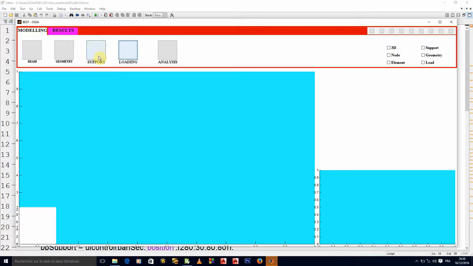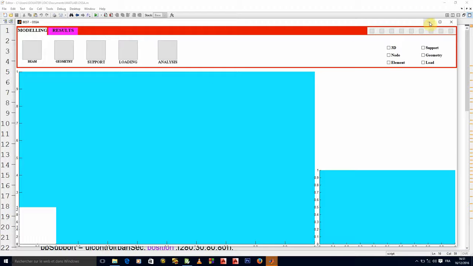So you see how the game is. Normally when I click on results, all of this will have to disappear and I'll have to see just the results push buttons that are supposed to be here. Normally the displays will still remain where they are, okay. And when I come back to modeling, all of these have to reappear. But for now we are still in the design phase, okay.